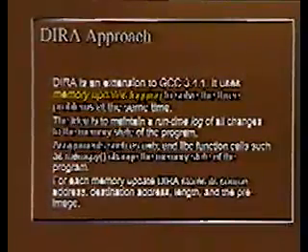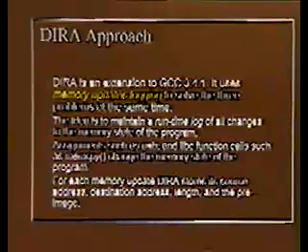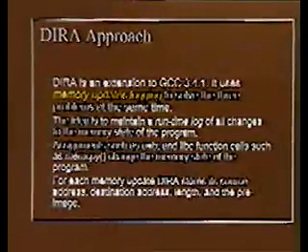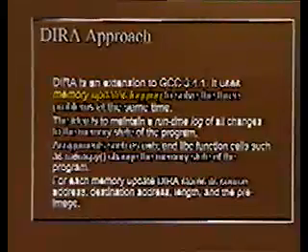We will see some examples later. For each memory update, DIRA stores its source address, its destination address, its length, and the pre-image. So in the case of the assignment A equals B,